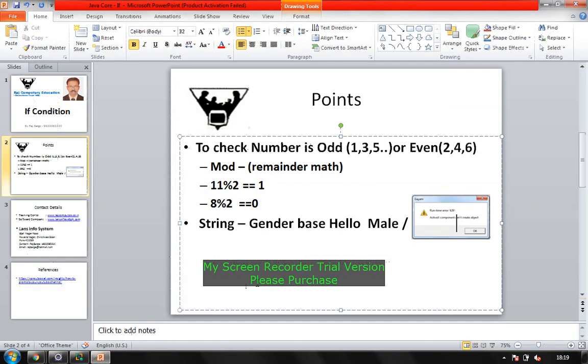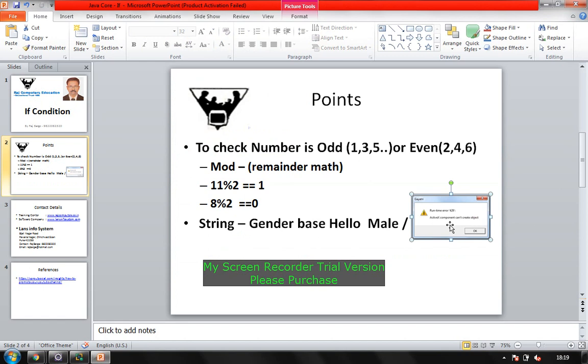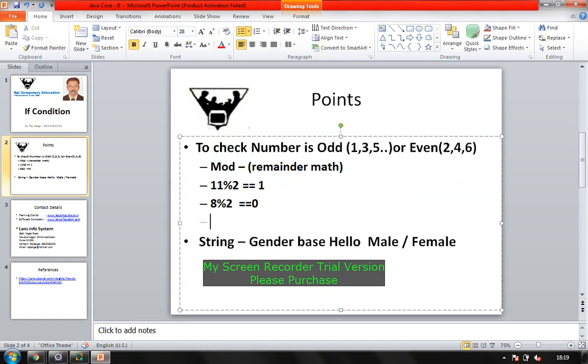Now second thing, I am going for this gender based example. This is something I missed. So this is a gender based example. What it does, it has to accept two things. It has to accept from the user the name and gender.